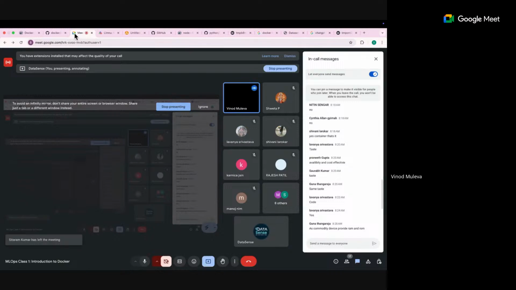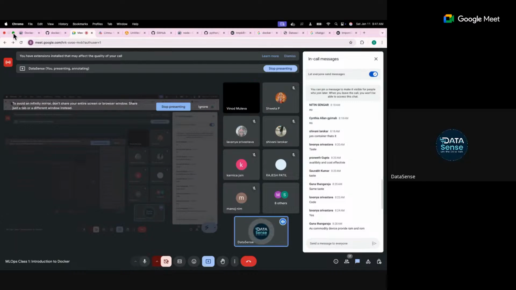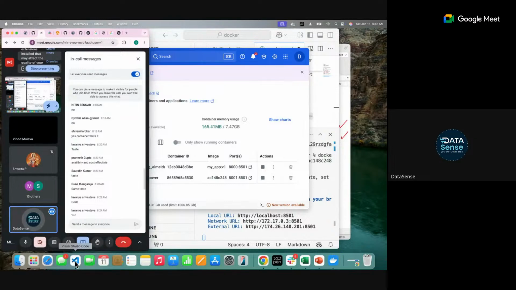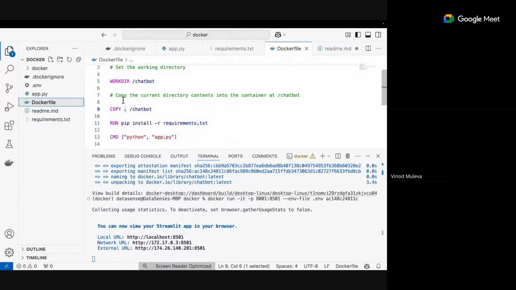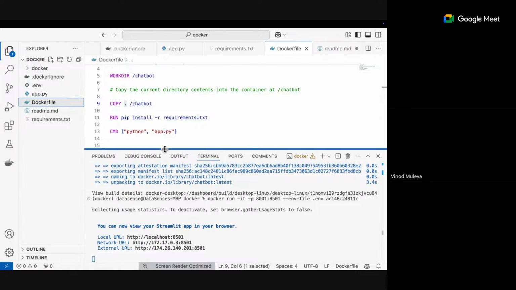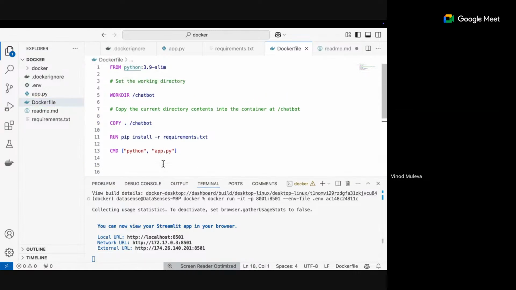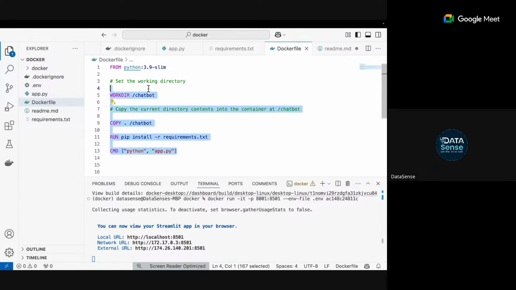Is there any prerequisite for this Docker content which we have learned today? No, there's no prerequisite. Did I teach you any code? I didn't teach you any code. These are just commands that you need to run. No, I'm saying that for just practicing also, what basic prerequisite must we know? See, I told you, you don't have to. If you know Python, you can create a machine learning model, that is good. But for Docker, you don't need any prerequisite. I didn't teach any technical thing today, right? We just discussed conceptual things.